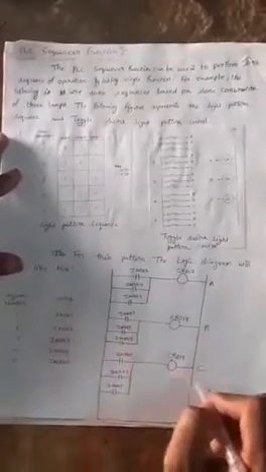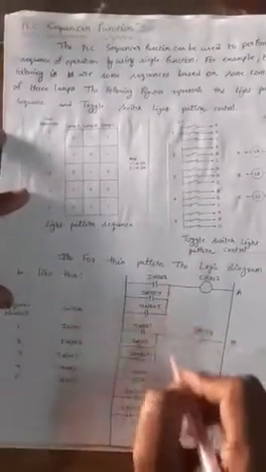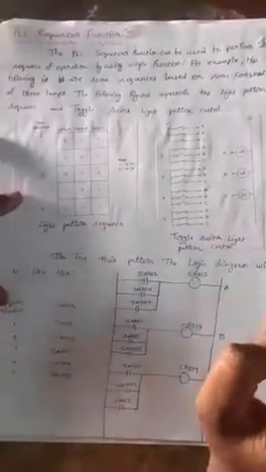And similarly for lamp C, we consider the first, second, and fifth sequences, so I consider 1, 2, 5. So the functional diagram representation. To perform all these operations, all these sequences, by using a single function, we can perform all the sequences. That single function is nothing but the PLC sequencer function.